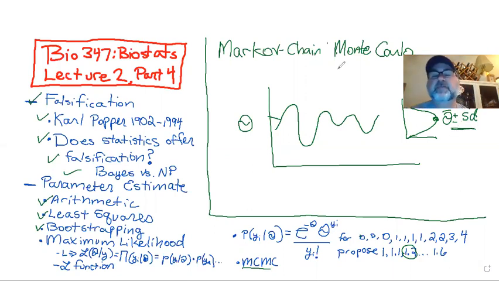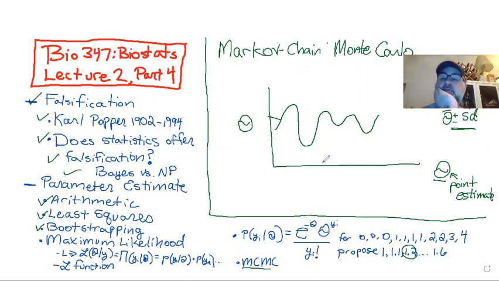So this is a very, very different tactic than these other estimates. So for example, when you do a least squares, okay, you end up with a theta that gives you a least square. And that's what we call a point estimate, right? When you add up the numbers and you divide, right, the arithmetic mean, you get a point estimate, that's your mean.